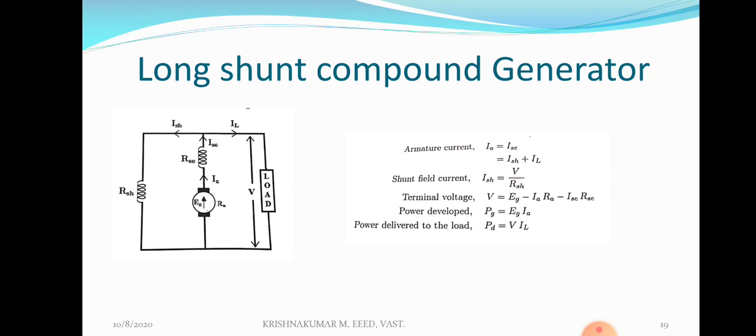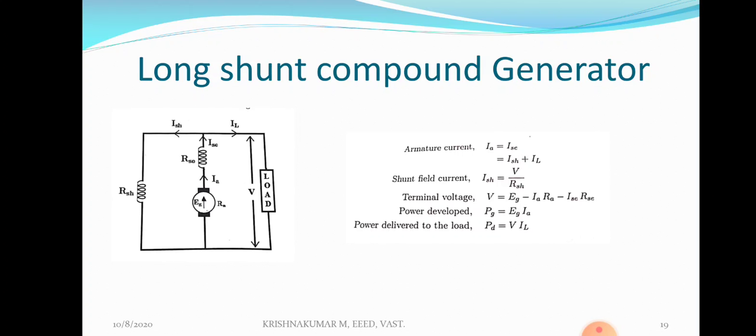If there is only a shunt field winding in a generator, it is a shunt generator. If there is only a series field winding, it is called a series generator. So in this case, there are two field windings in the stator. Thus there are three windings in total: shunt field winding, series field winding and armature winding. Armature winding is in the rotor; shunt field and series field are in the stator. The shunt field consists of a large number of turns of fine wire, which has more resistance. The series field winding consists of thick wire with few turns. The shunt field winding can produce more flux than the series field.